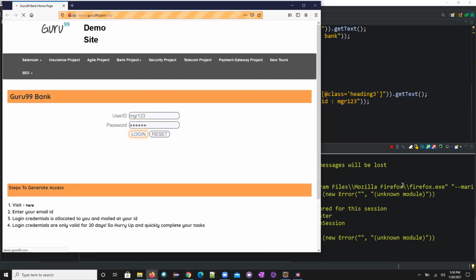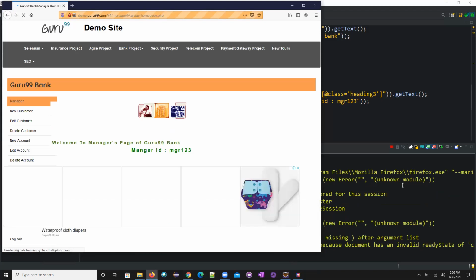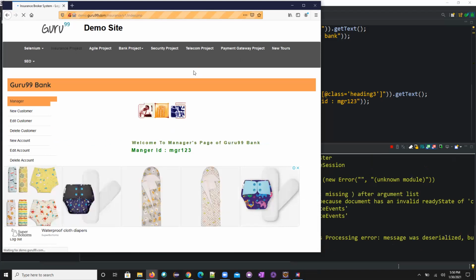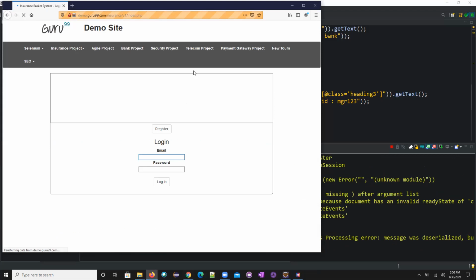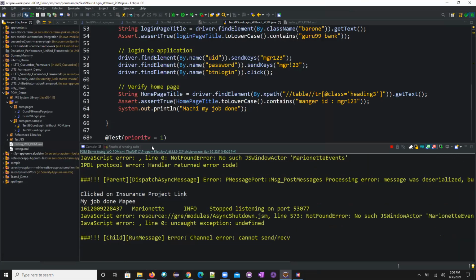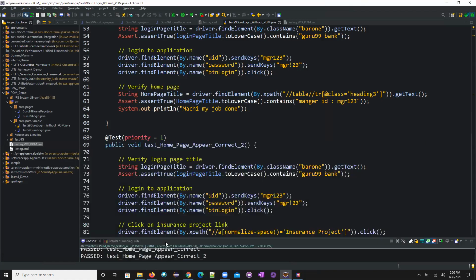So now you've seen it, right? Because of that particular wrong annotation, it didn't work. Now the first test case executed. In the second test case, it opened and then clicked on the insurance project. See, the insurance project was in white color and now it changed to gray. It went to this, so this is what was expected. See, it executed perfectly. Now, what is the difference? What is the ease of use we have achieved in this one?